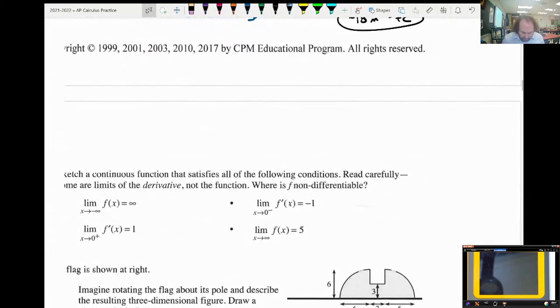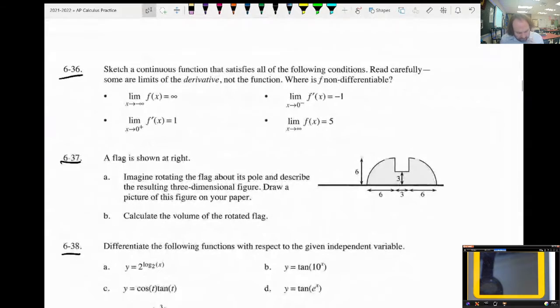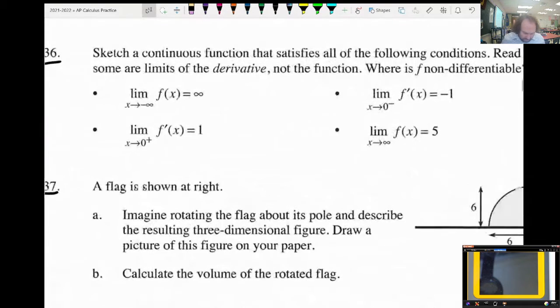Now we have some graph drawing questions. 636 asks us to sketch a continuous function that satisfies all of the following conditions. So some of these are limits of the derivative, not the function. And let's think about where f is non-differentiable. So we've got to think about this one. There's probably a lot of different graphs that we can make for this, but let's think for a minute what